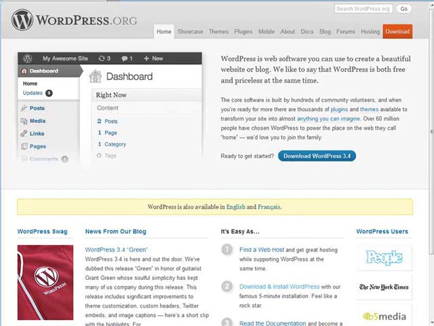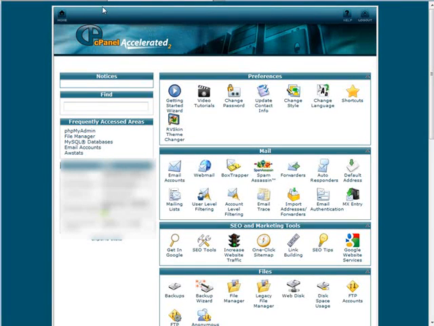What you want to do is log into your control panel. And to do that, it's usually your domain name / cPanel. Okay, and it'll look something like this. You can change the themes on here. Now there's a lot to the cPanel. I'm not going to really go over all the things you can do on here, but this is where you